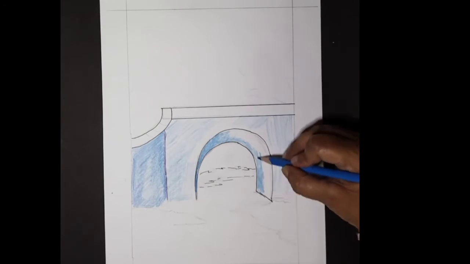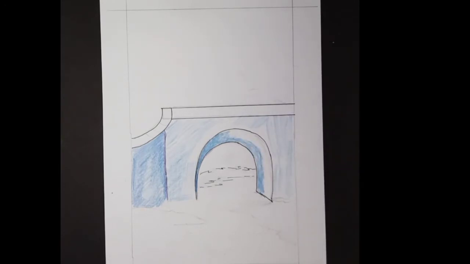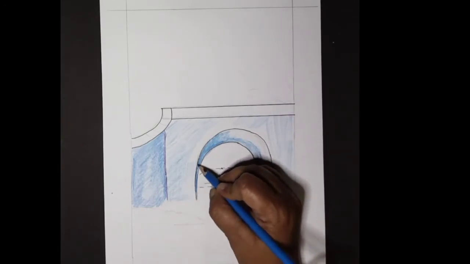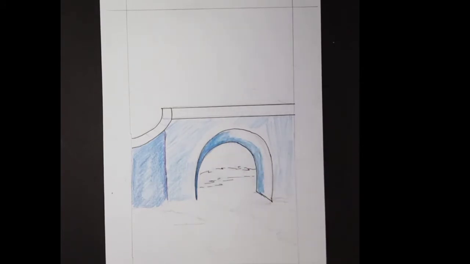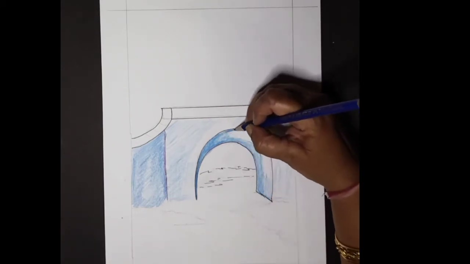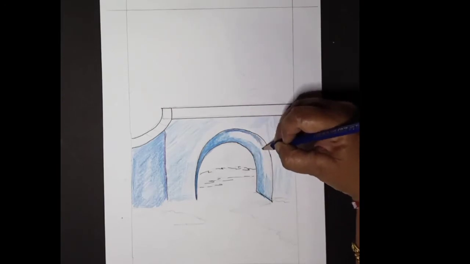One side it is dark blue and another side it is light blue. When we give a dark shade, it gives a value of deeper in the bridge, which gives a look of underneath.